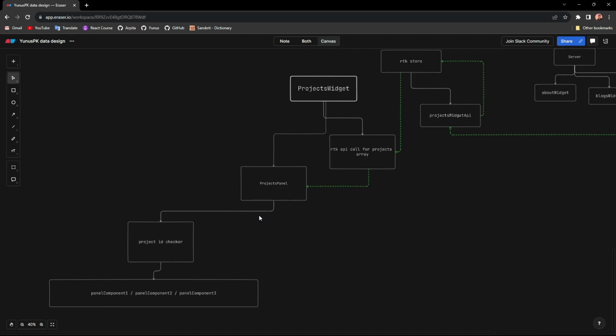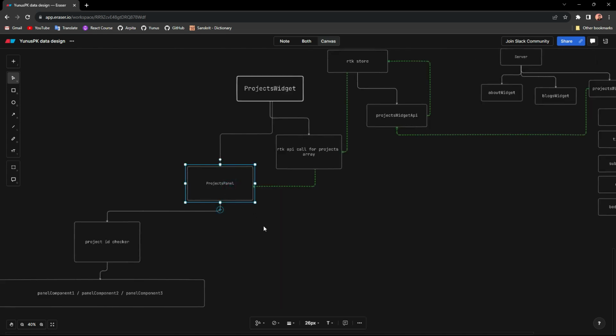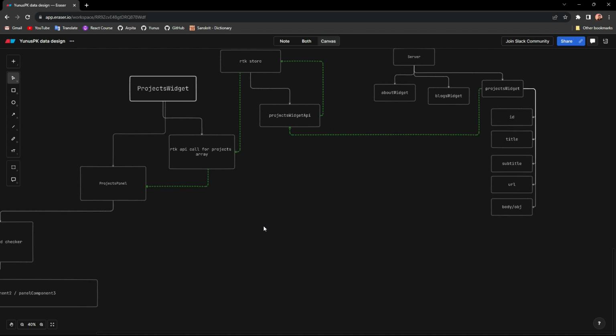Again, I guess we can just create everything in the front end. That would be much better,